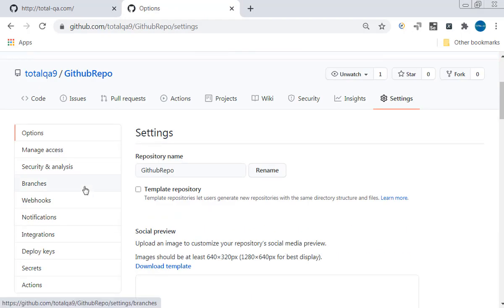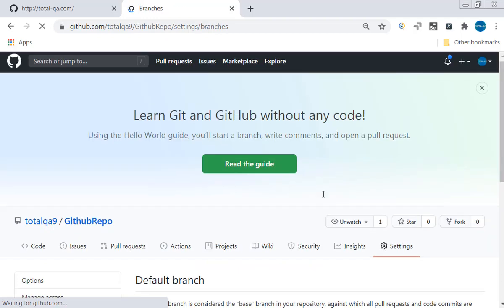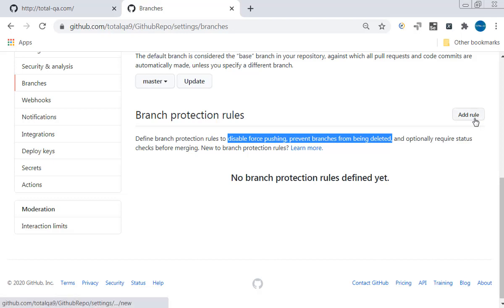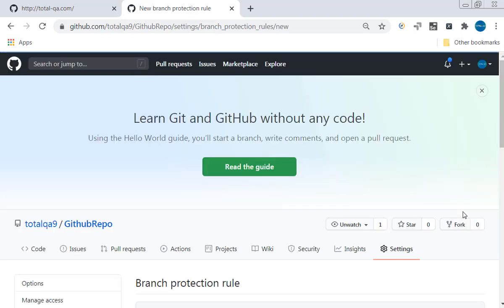Click on branches. You can see the branch protection rules. It will help you to disable force pushing and prevent branches from being deleted. It might be possible that branches will be deleted if you don't create some branch protection rules. Suppose let me create one branch protection rule, say add rule.